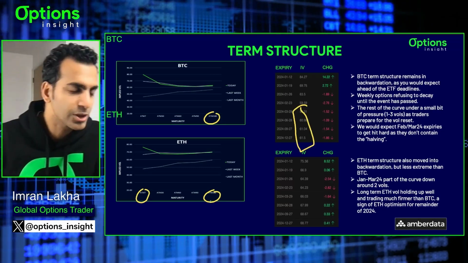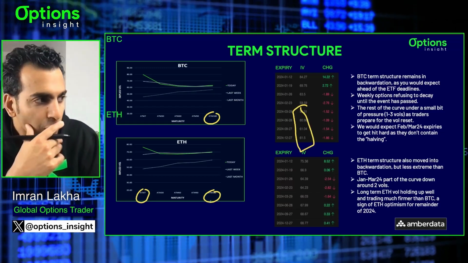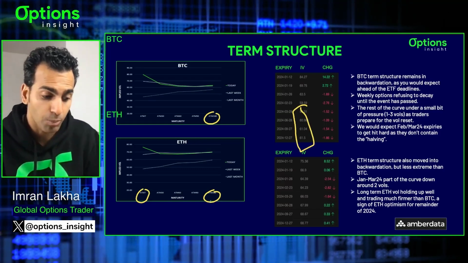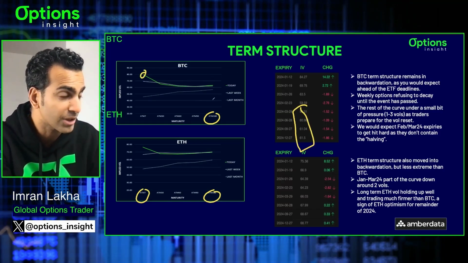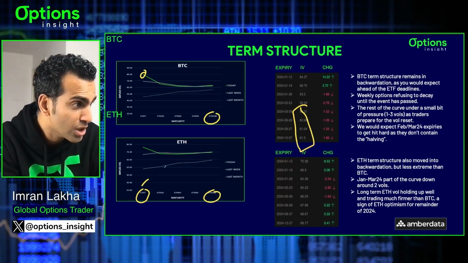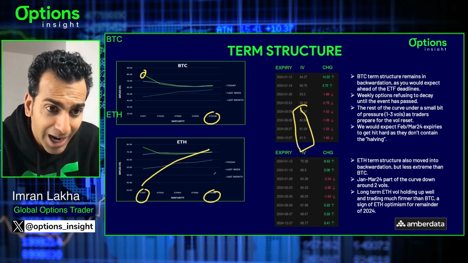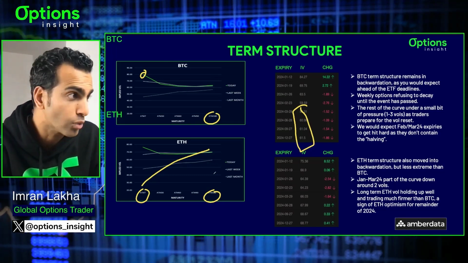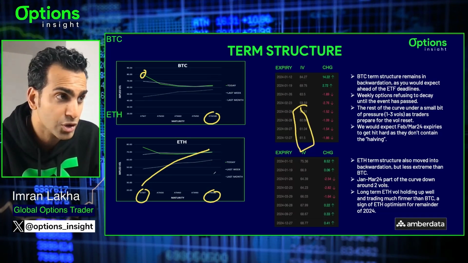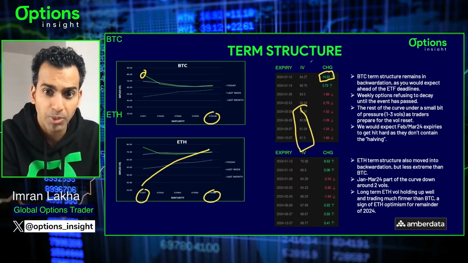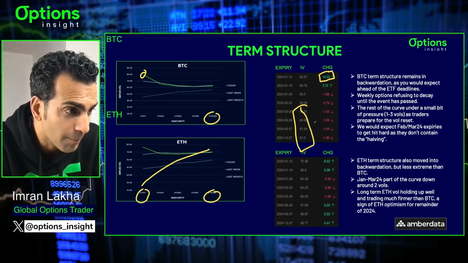So these things will move around based on, you know, the market suddenly moving a lot and the front end's going to go bid, so you're going to get backwardation, something like that. Or if it's really quiet, you're going to get steep contango, something that looks like this. And, you know, those moves from week to week can be quite wild, right? You can get 10 or 20 point moves in the short end of the curve. Here you can see this is the very front end, 14 vols up on that particular week. And you can see